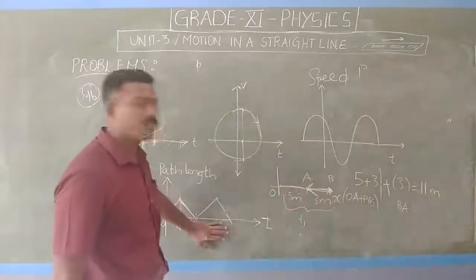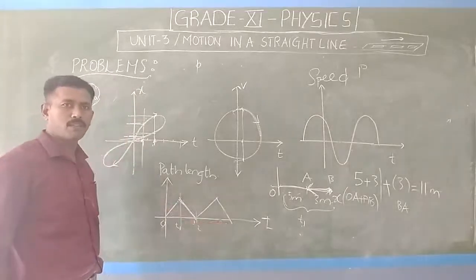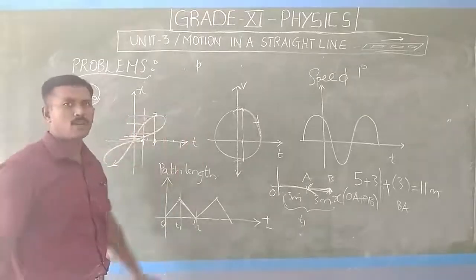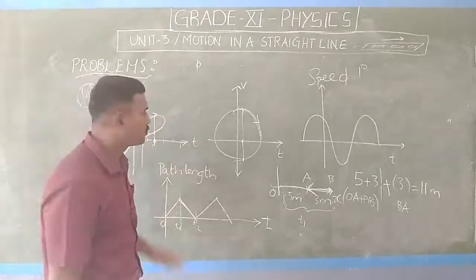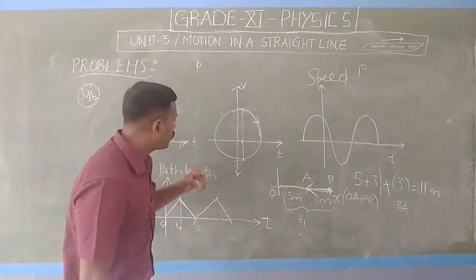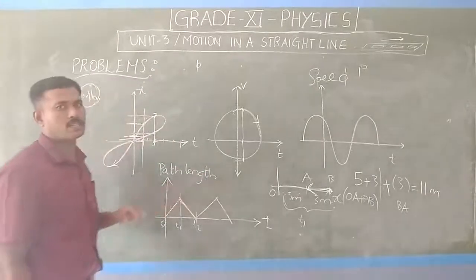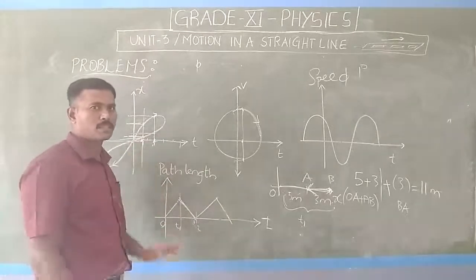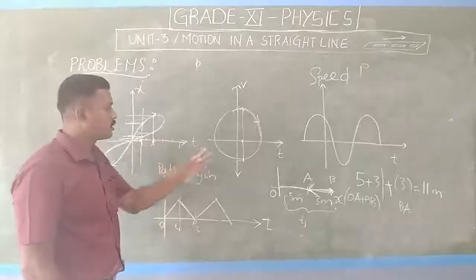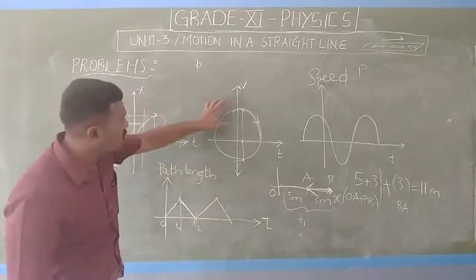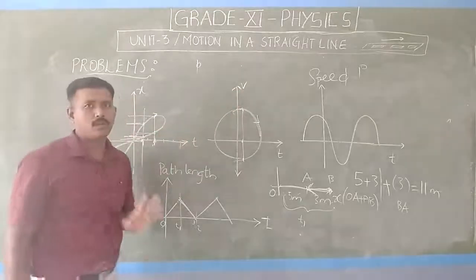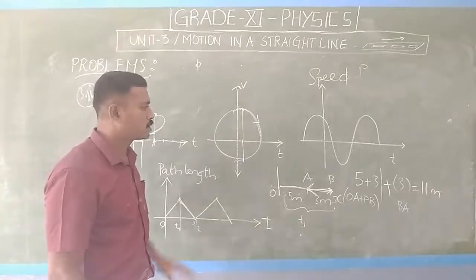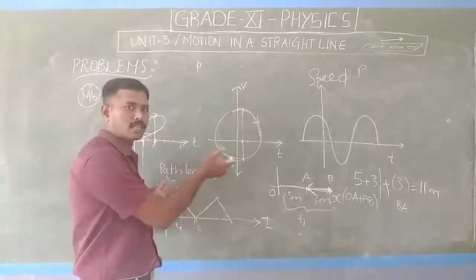So this graph is not applicable for the path length of a particle traveling in one dimension. So all the 4 graphs are impossible for a particle traveling in a one-dimensional direction. These 4 given graphs do not represent the distance, velocity, speed, and path length of the given particle. So, with reference to the previous concepts learned, this graph should be analyzed.